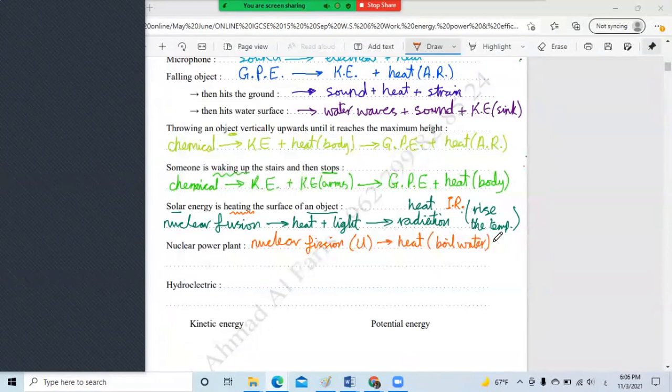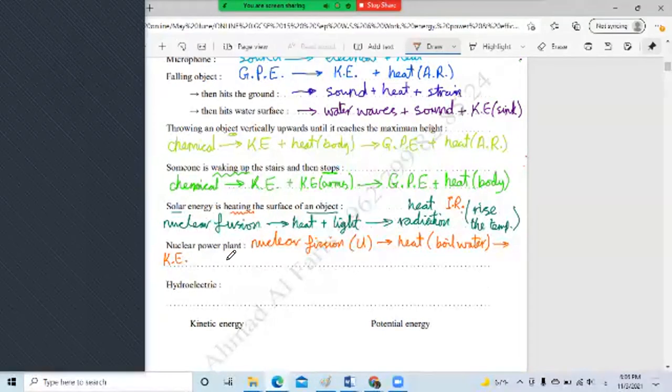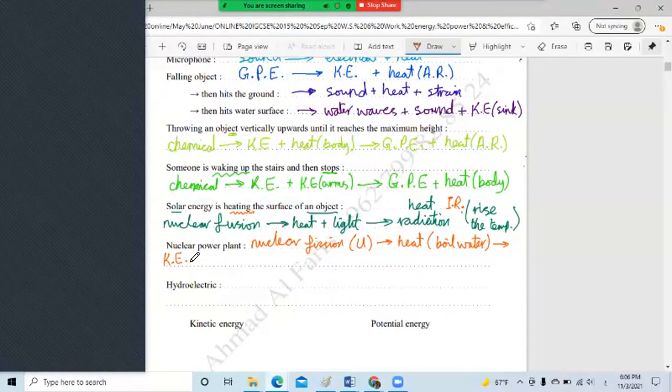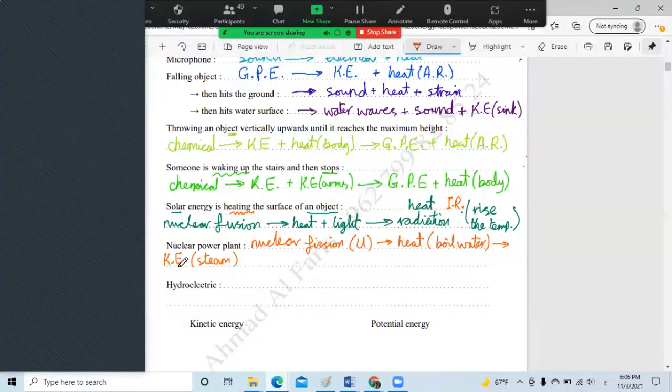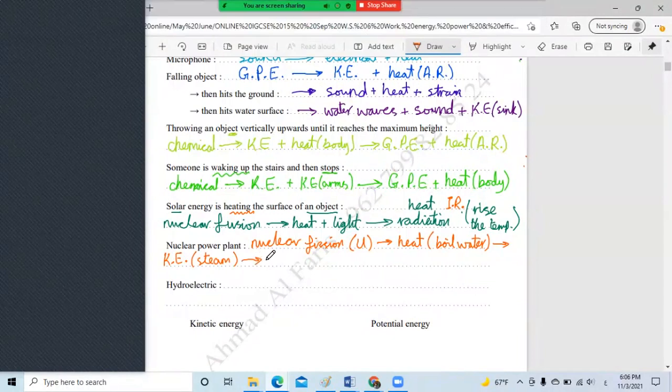And this boiling water becomes steam, and as it becomes steam, it has kinetic energy. Exactly, kinetic energy. It doesn't matter what type of uranium. Later, we are going to study that. And thorium. Okay, kinetic energy in steam, and this steam passes through pipes with a very high kinetic energy to rotate turbines, rotating turbines,